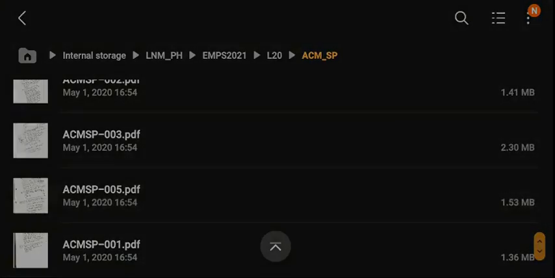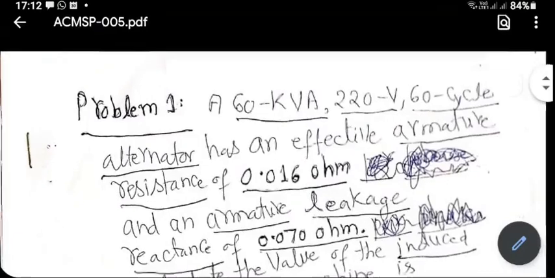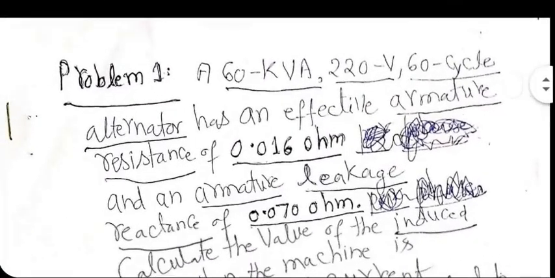Okay, last one. Let's see what does it have. One or two more problems. A 60 kVA, 220 volt, 60 cycle alternator. Okay, we are back to alternator. It's a synchronous generator now we are looking at. This problem solution is given, and let's see it carefully. There may be some equations that I have not given you yet. Let's see carefully. A 60 kVA, 220 volt,